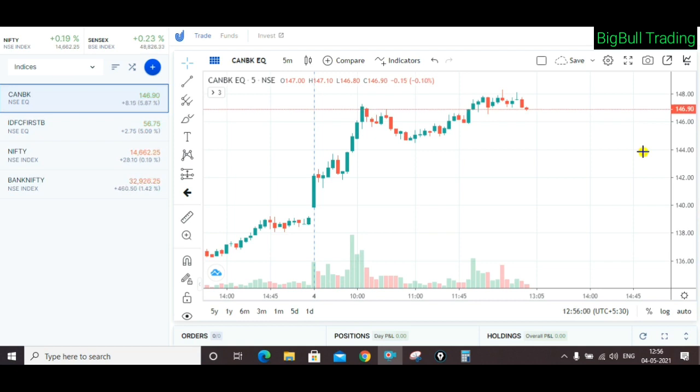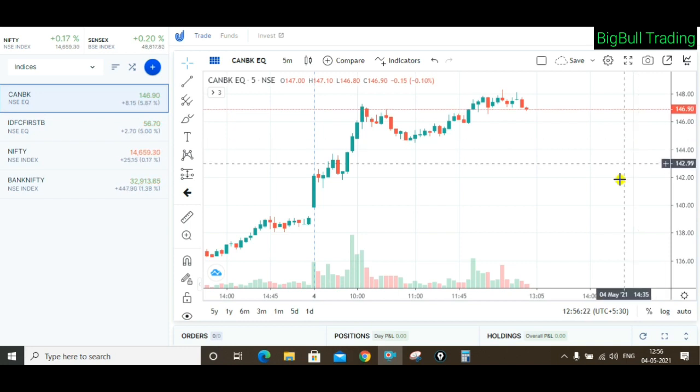Putting the stop loss is very important in any orders you are taking for the intraday, because without giving the stop loss you cannot survive in the market in the long run. Maybe 1 or 2 days you will make profit without putting the stop loss, but mental stop loss will not help. You have to manually put the stop loss in the system.